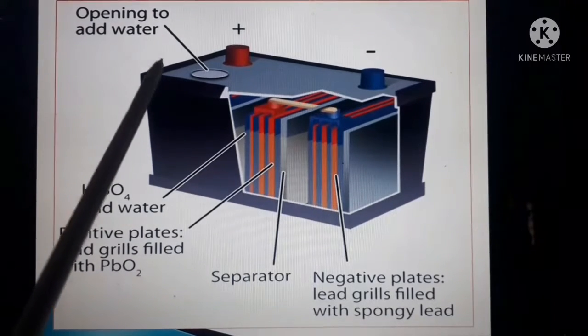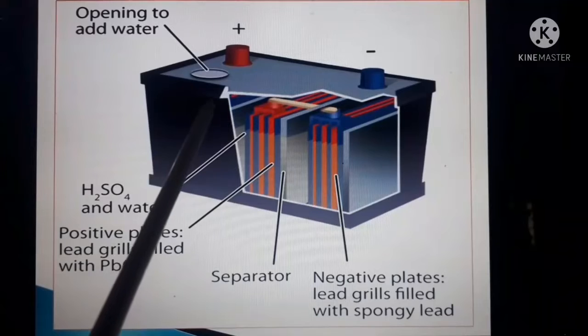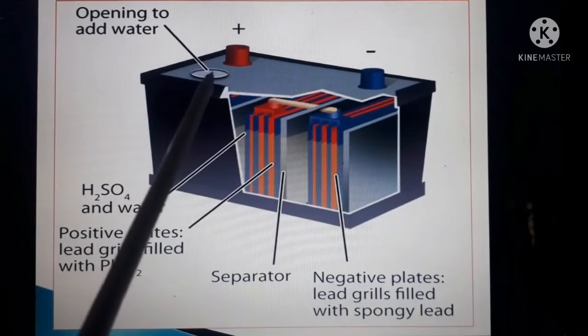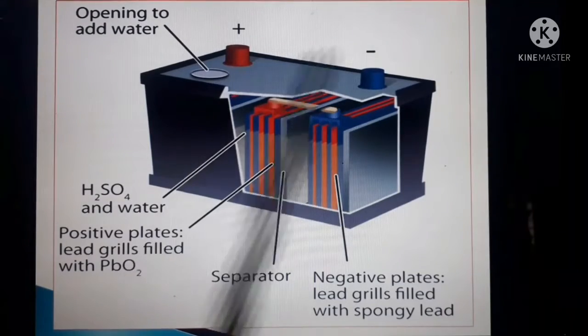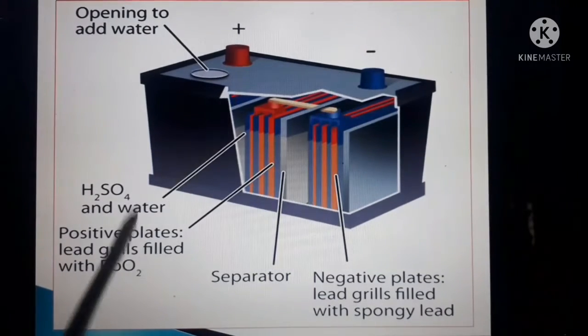Opening to add water: we know that in the cell a lot of open holes are there, with positive and negative electrodes. This is the structure. Okay. Now